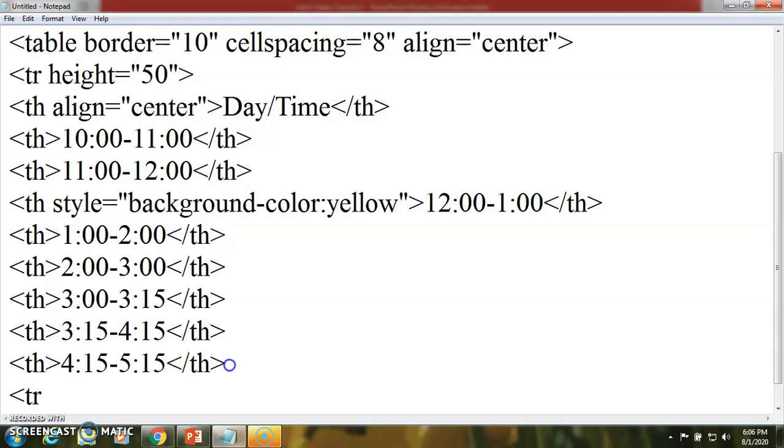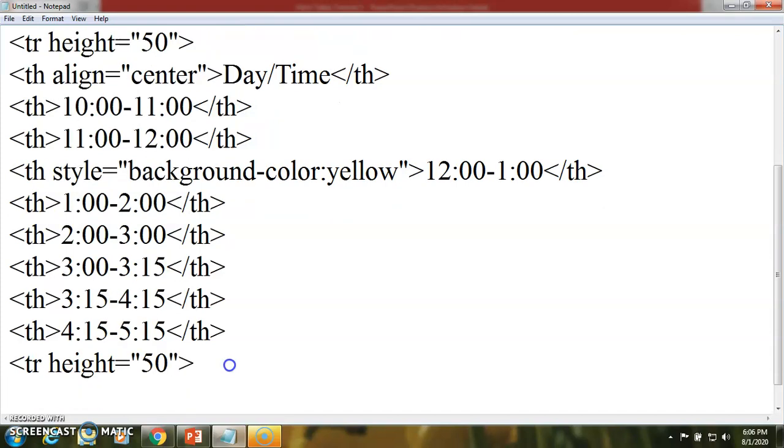For this also we can specify the height, so it looks a proper width of that row. Then we have the actual value for that cell. So here again we can add another tag, that is a td.